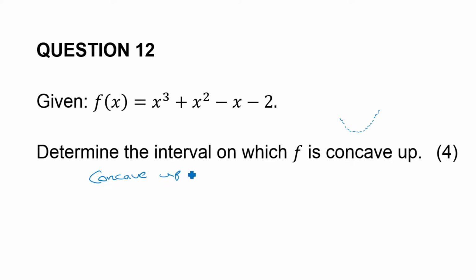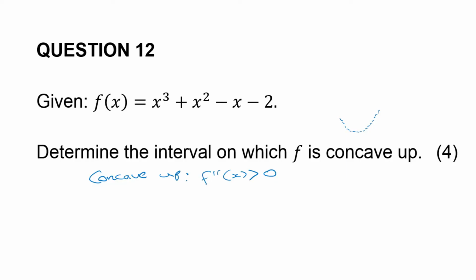just know that for any point on that concavity, the second derivative must be greater than 0. That is the formula. When something is concave up, the second derivative is always positive. If it's concave down, the second derivative is negative. Just that formula. This is 4 marks, because your first 2 marks